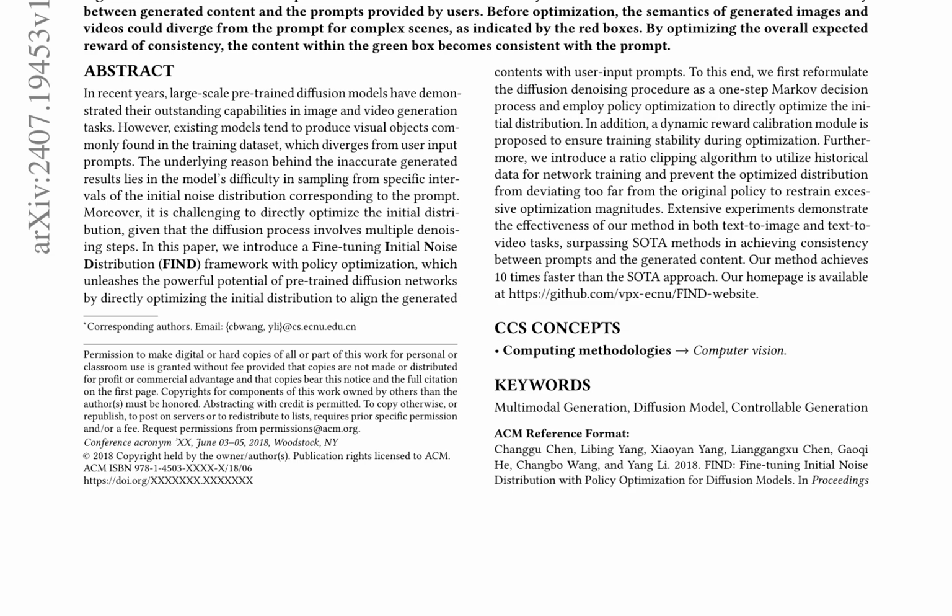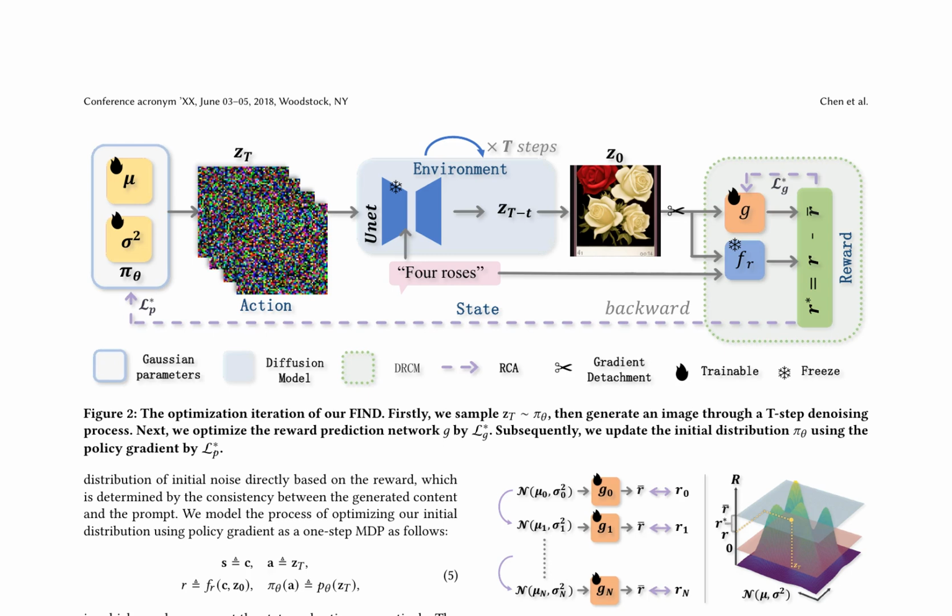A dynamic reward calibration module is introduced to predict the expected reward of the current initial distribution, guiding the optimization process. Additionally, a ratio clipping algorithm is proposed to reuse historical data and minimize the discrepancy between new and old policies. The framework is demonstrated to be effective and efficient in both text-to-image and text-to-video tasks, surpassing state-of-the-art methods in